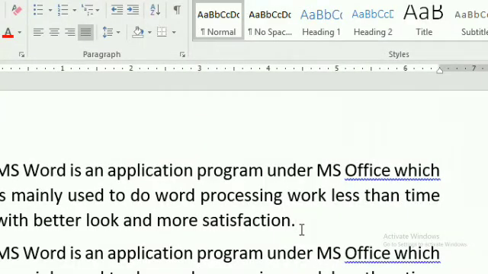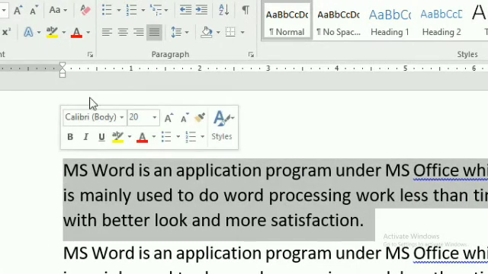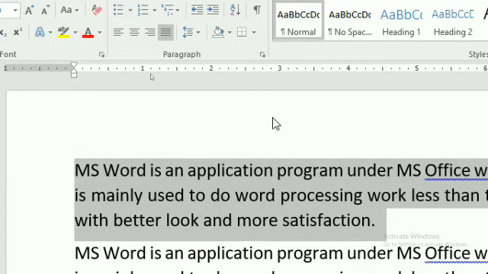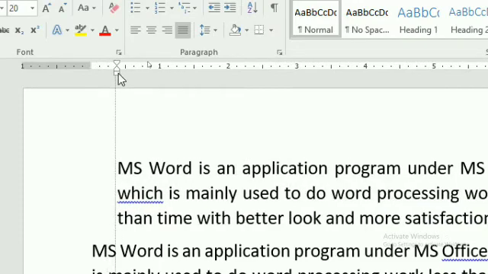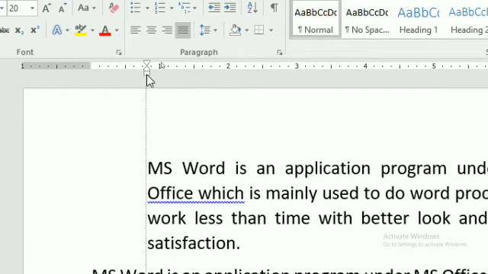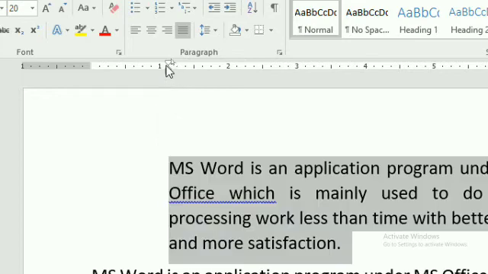Yes. So now see, before doing any type of changing or formatting, first you need to select your text, and then after that click on your left indent. Now see the position of your text, the direction of your text, and now your document's appearance has totally changed.